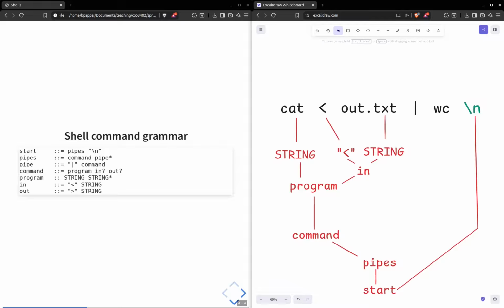Actually, sorry, this in symbol should connect to the command, not the program, because we can see from the grammar that it goes as part of the command's production. So we parse the command. Let's go back up to pipes. So in pipes, we have a command followed by any number of pipe. A pipe is the vertical bar, which we have here. So I'll copy this